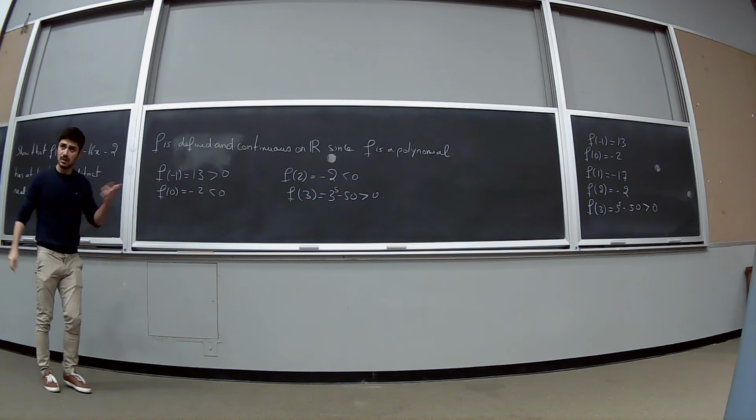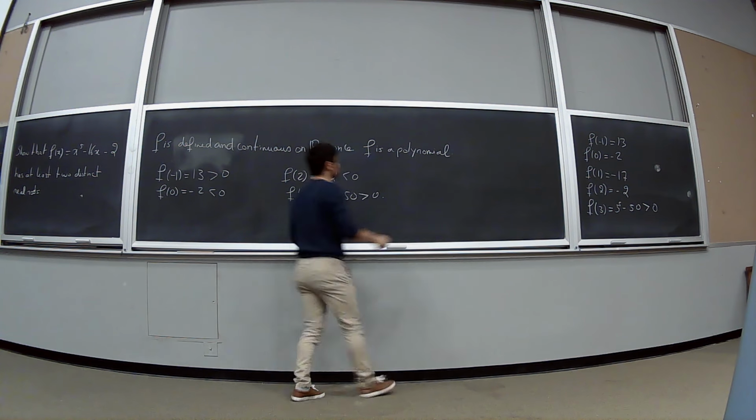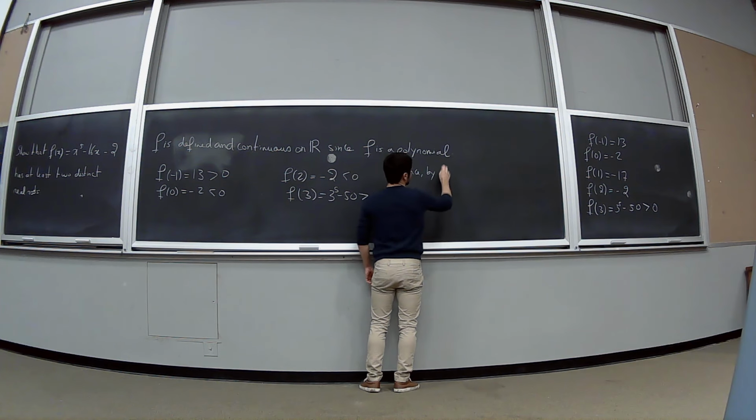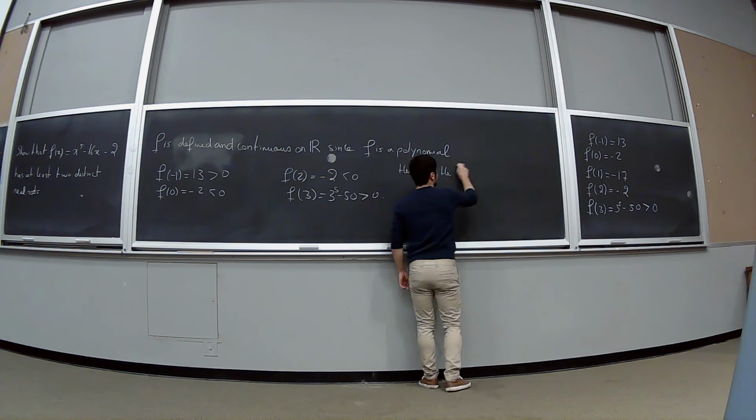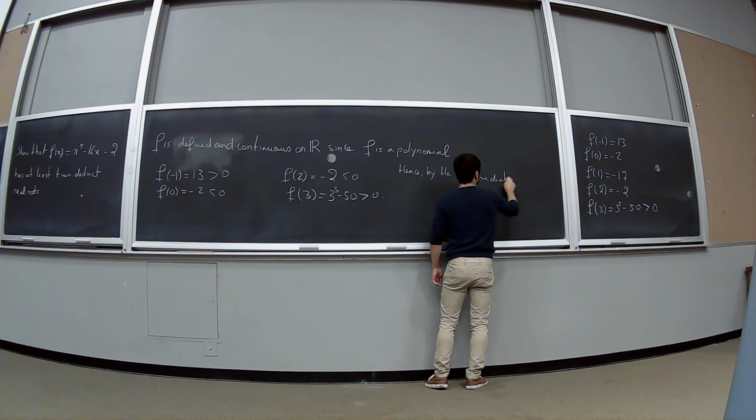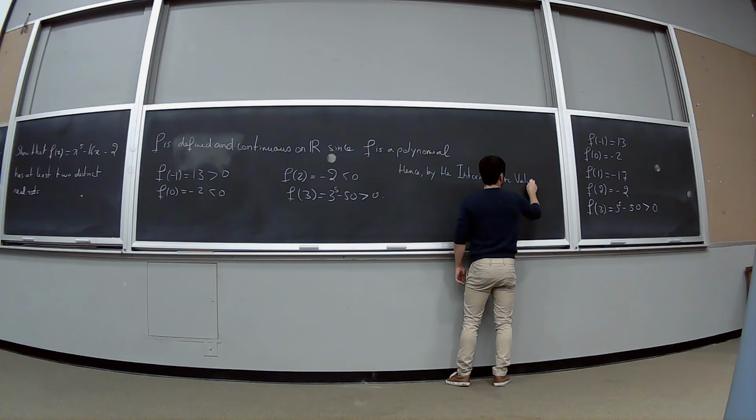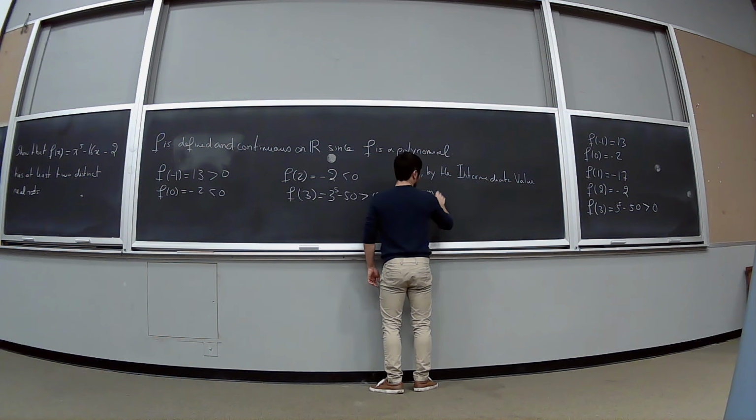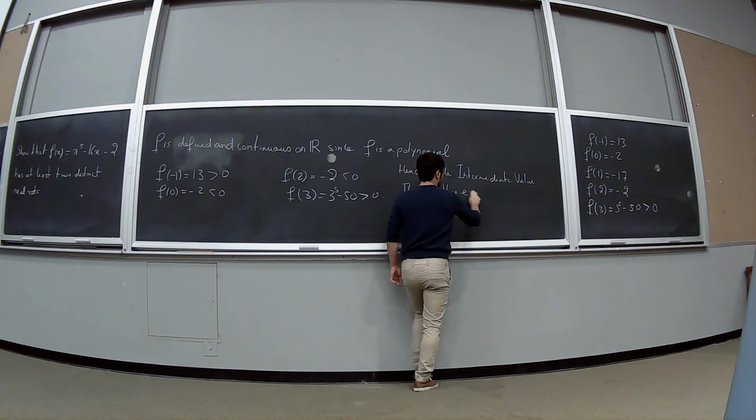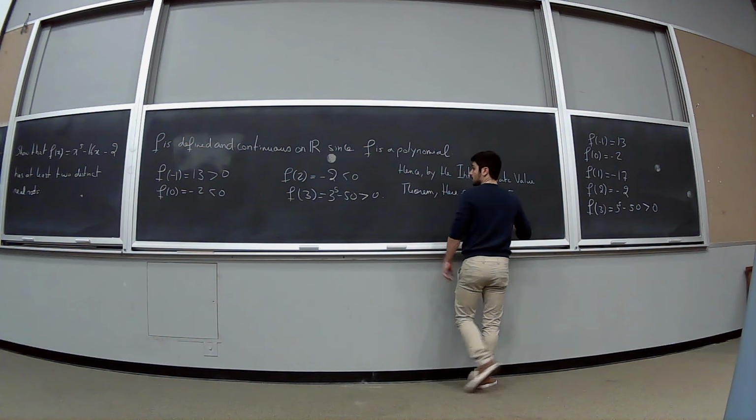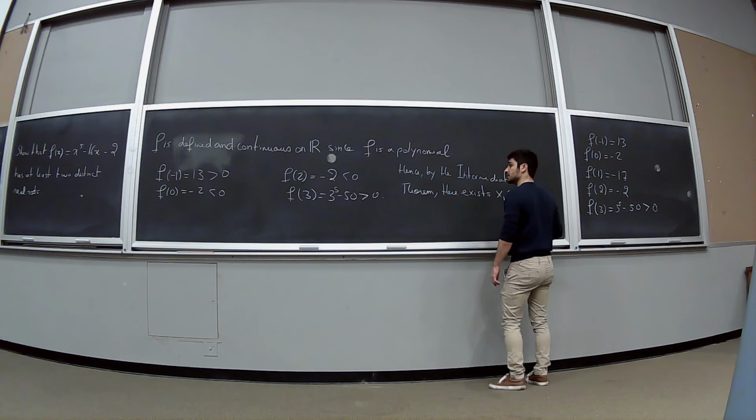Hence, by the intermediate value theorem, I don't want to see IVT. Just write the intermediate value theorem. It's not going to cost you 5 more hours. Okay, just by the intermediate value theorem, there exists x1 in what interval? Minus 1, 0,